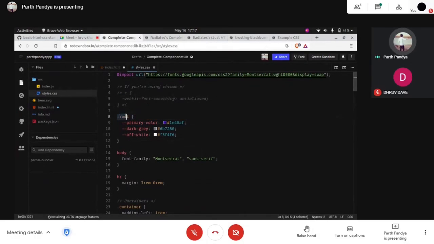We are using this root element. It is like the body element, like the horizontal rule element, like the h1 element. We have this root element in CSS, and it is applicable only in CSS. So this is the main thing. It will enclose the whole document and be reflected in the whole document. We are defining variables inside this. We are defining the primary colors. For colors, what I have used is